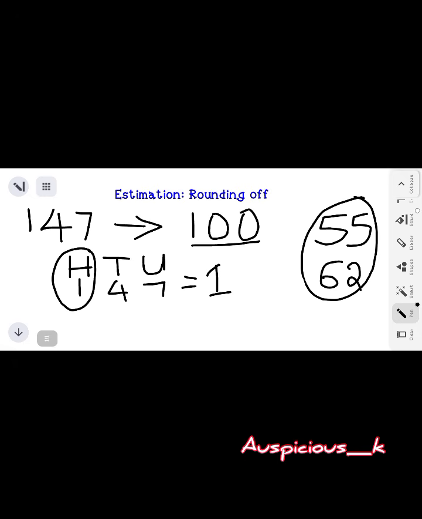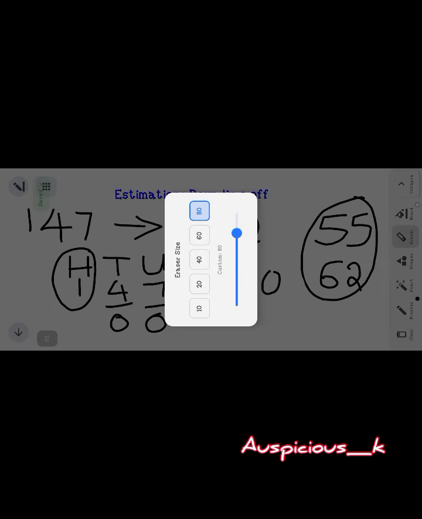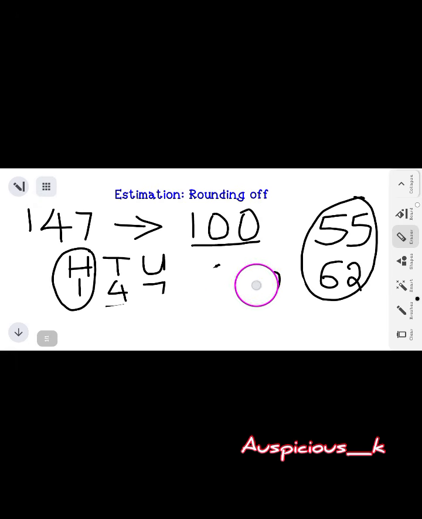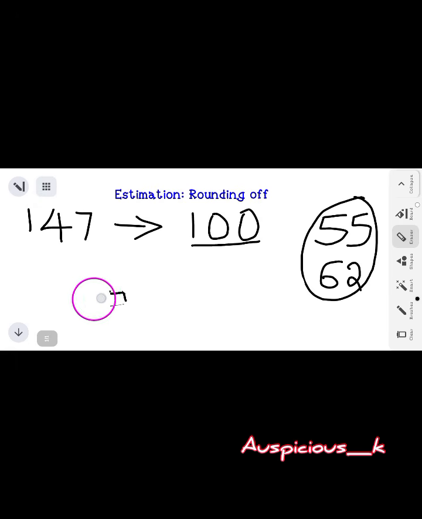No. Since it's not up to 5, I'll turn it to what? 0. And then every other number turns to what? 0. So I add these 2 numbers to 1. So what do I have? 100. Okay? Don't be scared. Let me do another one so you can see for yourself. Okay? So that answer was 100. So if I have another one, let's say